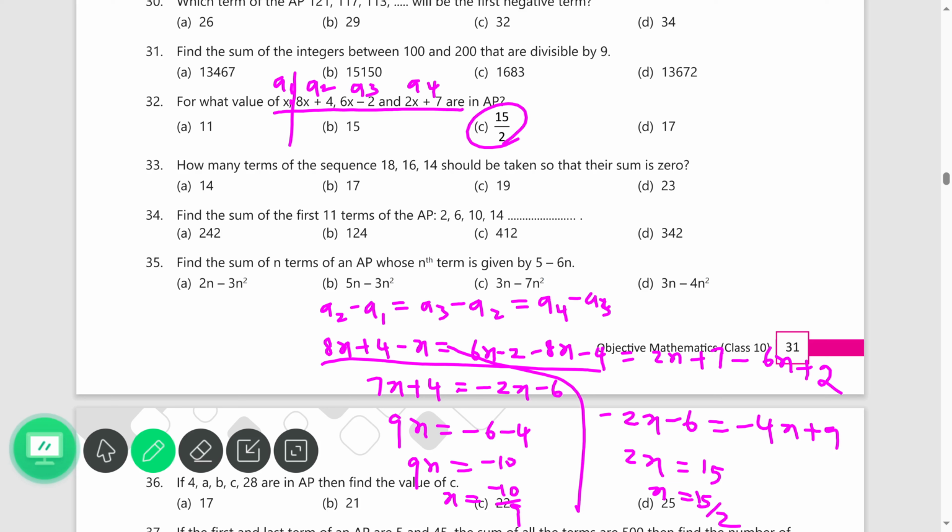So how many terms, how many terms n we have to find? The sequence is given and should be taken. Their sum is 0. Have you noticed it? What will you do here first? That is okay, but they said sequence. First you have to prove it's an AP. You will get the answer without saying AP, but if you move on like that after taking full marks, they will reduce 1 mark. When they give just a sequence, we should